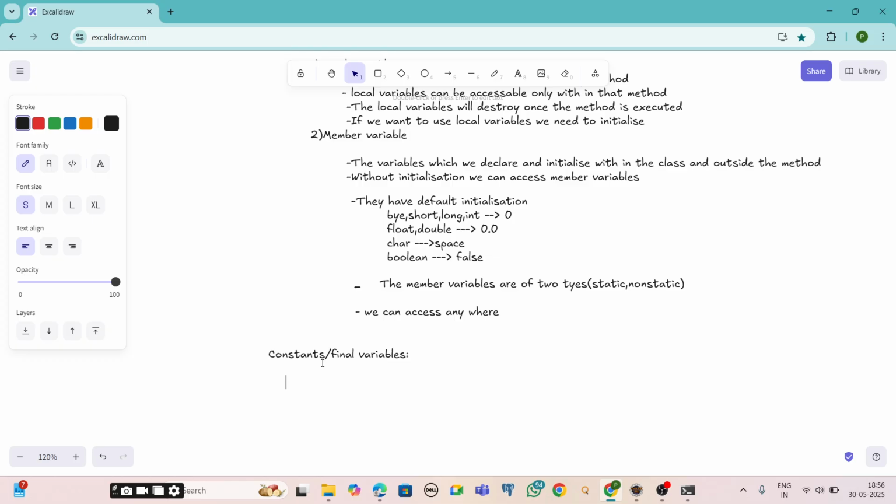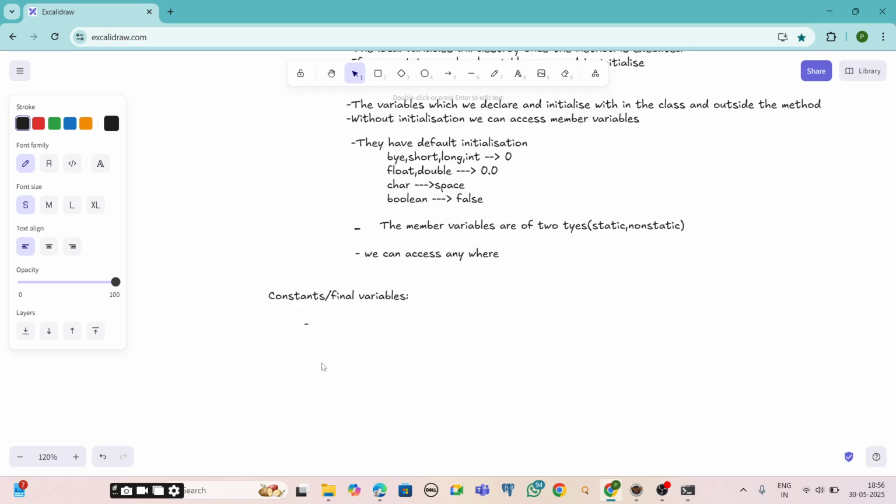Okay, so what does this constant or final variable mean? Any variable, if it cannot change its value, then we can say it is a constant variable.